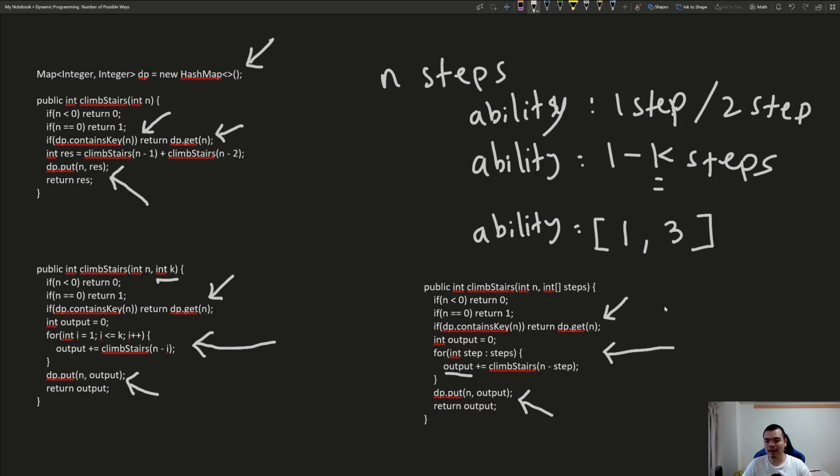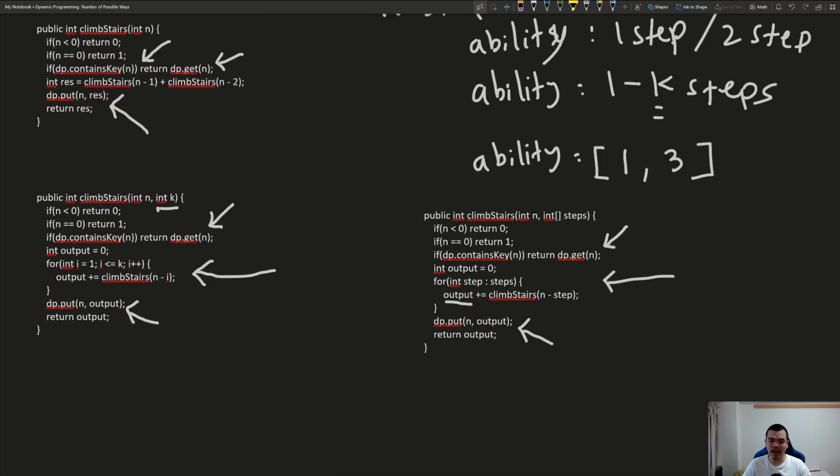Maybe one more follow-up they might ask is, what if n is very large? Then this integer here might overflow. When n is pretty large, let's assume we have a big amount of memory, this integer might still not be able to store all of the output here. It's one of the very common question patterns, where typically they will say that when the number is really large to be represented as an integer, you need to represent the output